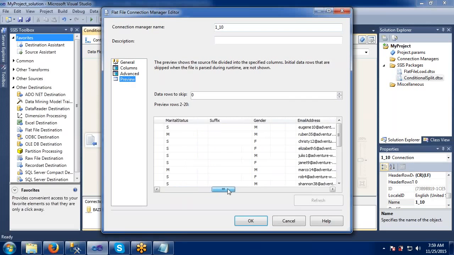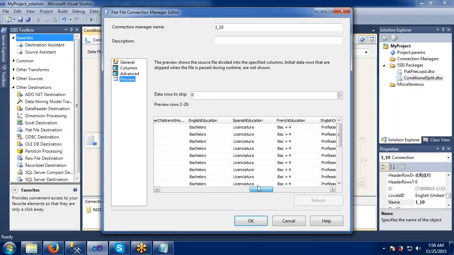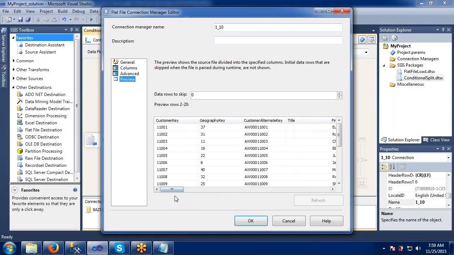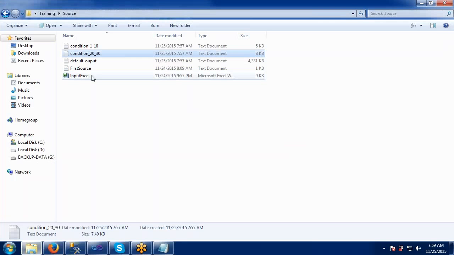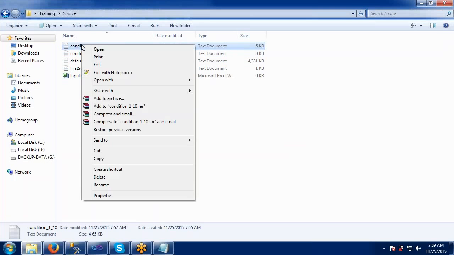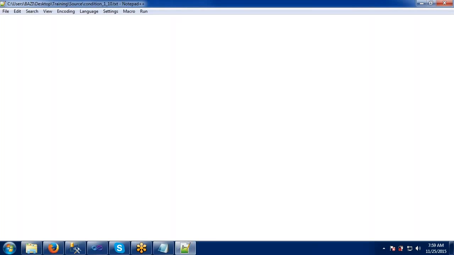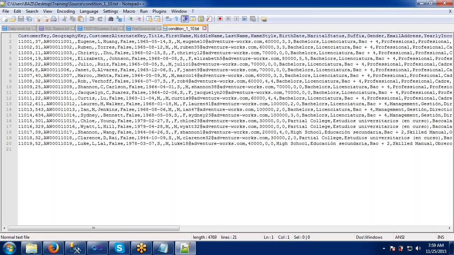In this format it is not going to show us; it is in this format only. When we open a text file like this, it will be separated with commas. That's why it is showing like this. If you open it with Notepad++, you will find it like this: the first column value, second column, third column, separated with commas here.